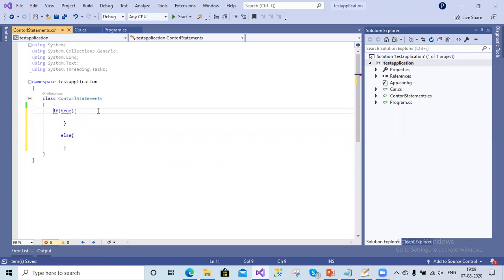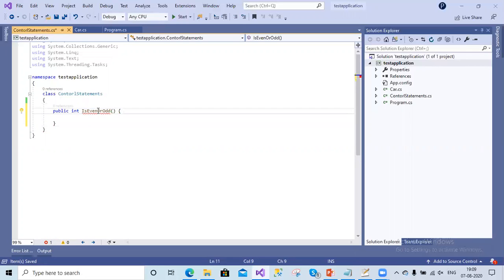To write the example, we have to create a method in this class. So let us say public bool IsEvenOrOdd. Let's find out whether this number is an even or odd number from this method.